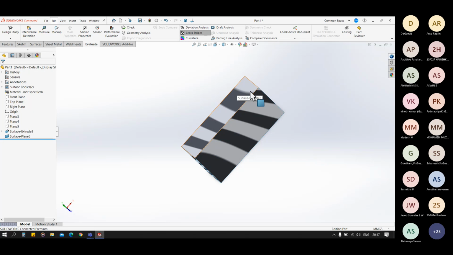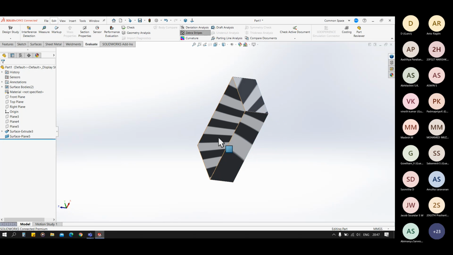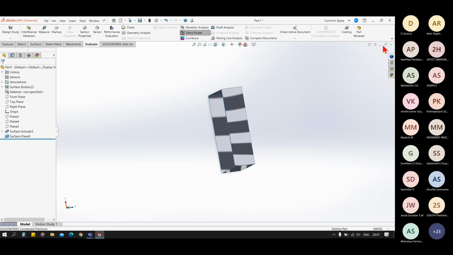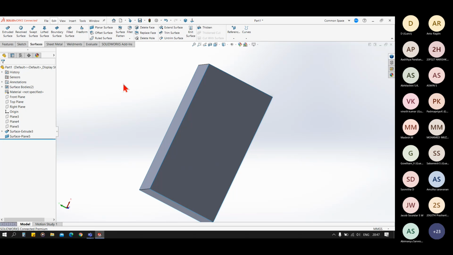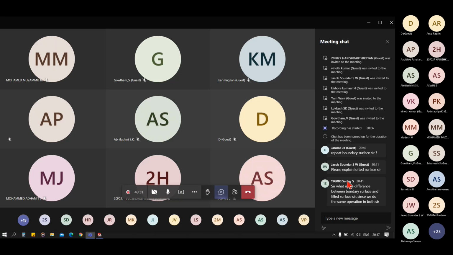You can see the change in radius of those curves, zebra stripes, like that. Okay. So, any more doubts? Okay then.